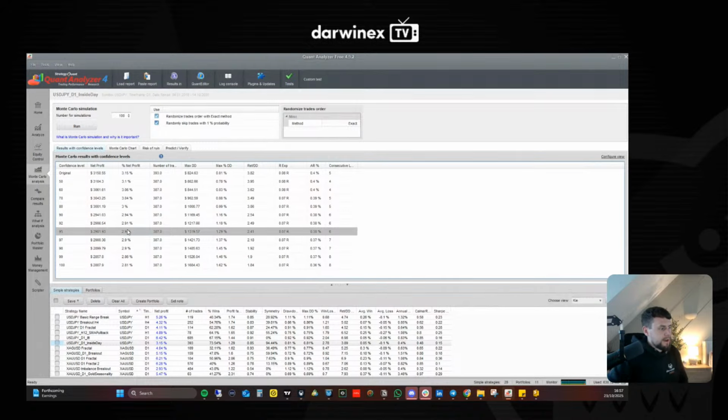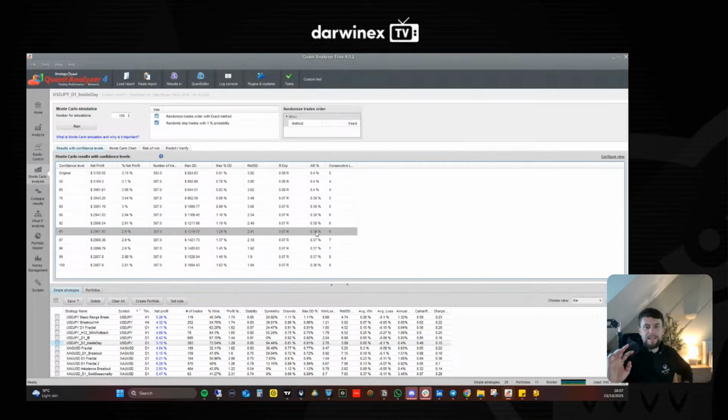So we can say within a 95% confidence level, again, over the past 8 years, the lowest profit that we would have made would have been 2.9% with random outcomes. The max drawdown might have increased from 0.8% to 1.29%. That's balance-based drawdown, not equity-based drawdown. So that's slightly higher. I'm okay with that. The return to drawdown ratio would have decreased from 3.82 to 2.41. So it's not ideal. I probably wouldn't implement this if this was the original test.